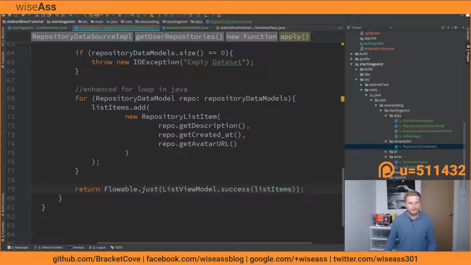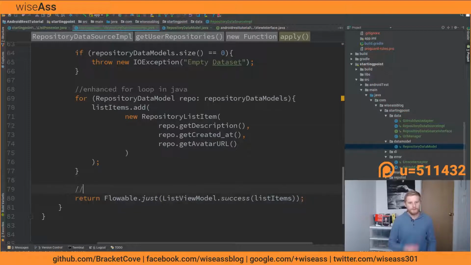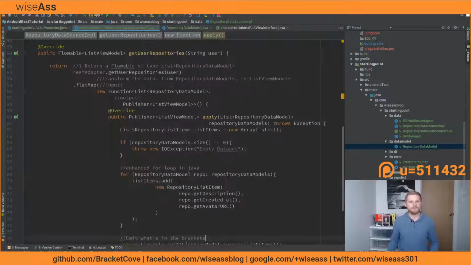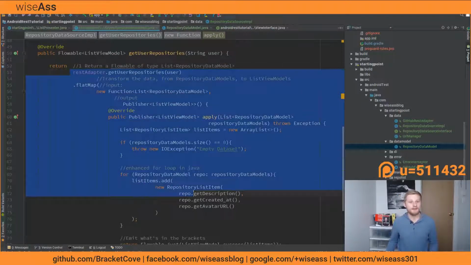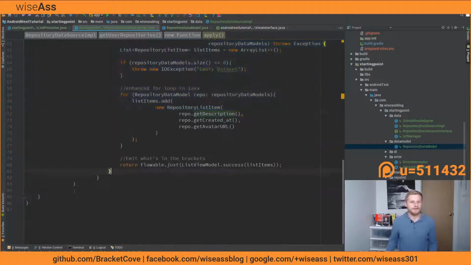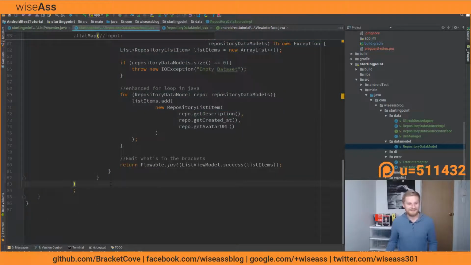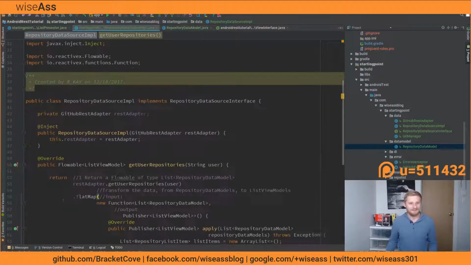Again, without going into major specifics here, what we're doing with Flowable.just is saying emit what's in the brackets. That's really all we're saying here. So we've satisfied our return type, and we can call this flatMap done. There's only one thing left to do, which is to tell this whole operation to run on the IO thread. Now, I have to admit, I'm kind of an idiot. I actually forgot to pass in the